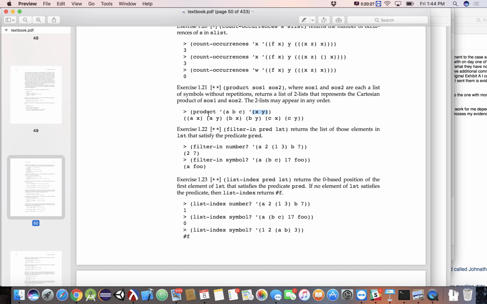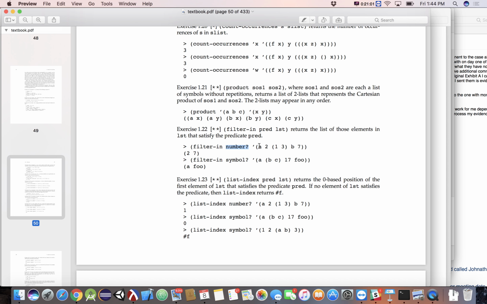All right, this is the next one. Filter in takes a predicate and a list. Returns the list of those elements in LST that satisfy the predicate pred. Okay, so remember we talked last time that things that have question marks at the end of them, by naming convention, are typically called predicates. Predicates are functions that take a single parameter and return a true or a false. So we're testing, is something a number, is something a symbol, something like that.